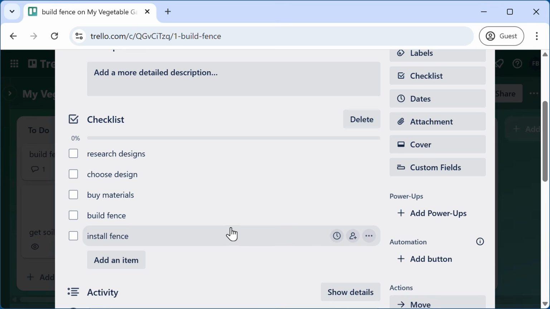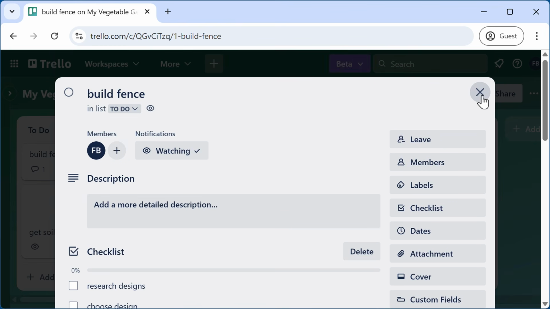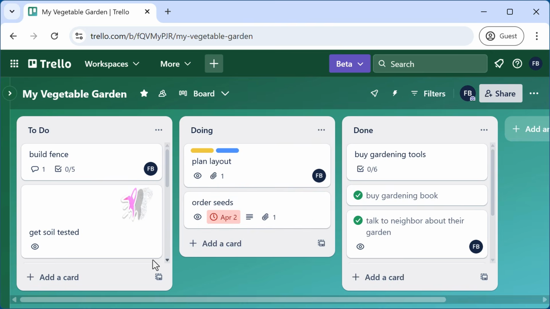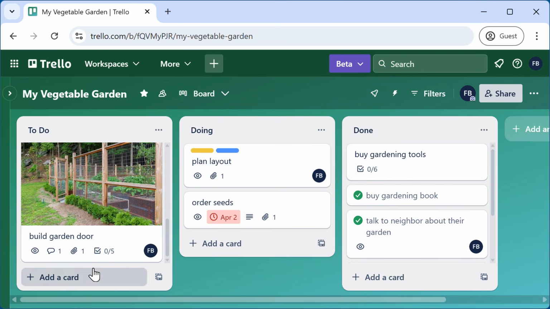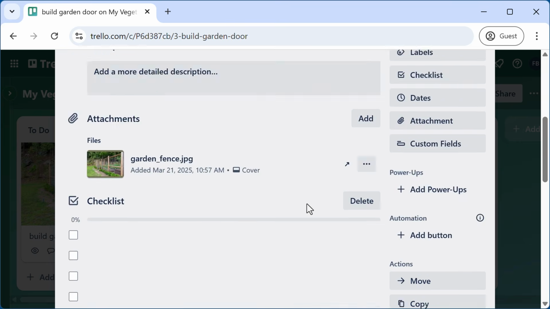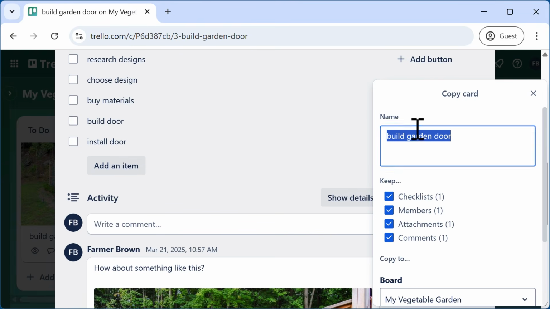A third way to achieve the same thing is to copy the whole card itself. Let's take a look at that. I go to Build Garden Door. I can copy this whole card and pick and choose which items I want to copy.